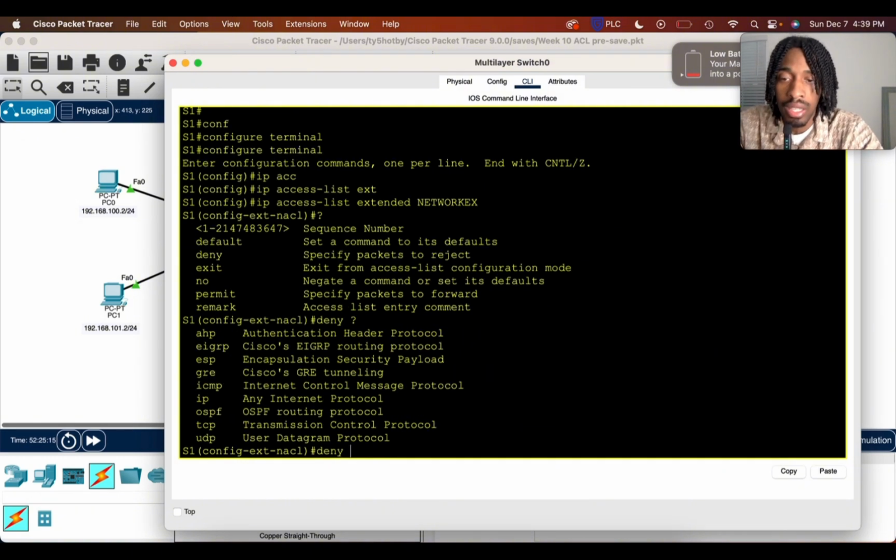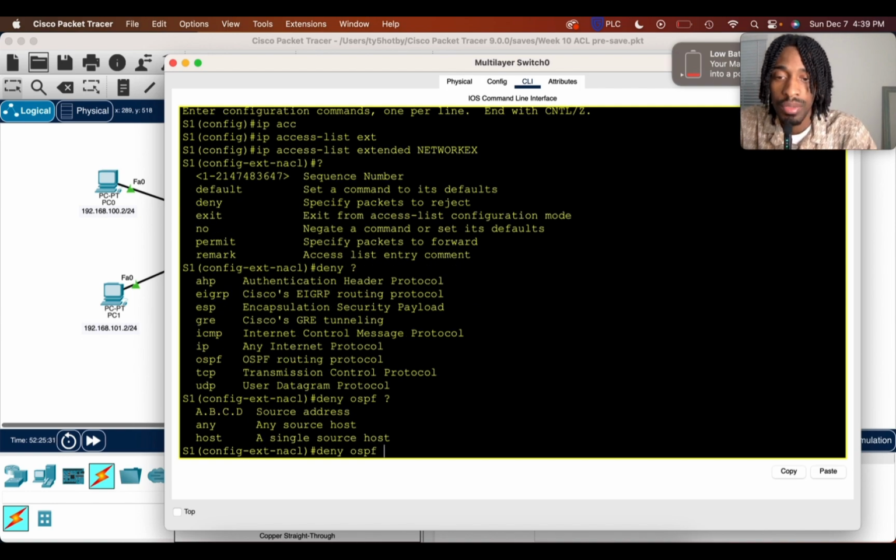And then it's showing us exactly what we can deny. I pressed that question mark so that we could see what protocols we're able to deny. And we're going to be denying OSPF routing protocol. So we'll type in OSPF. And then we will need, let's just go ahead and hit question mark so it can show us. It's going to ask us a source host is what it's looking for. So that host is going to be